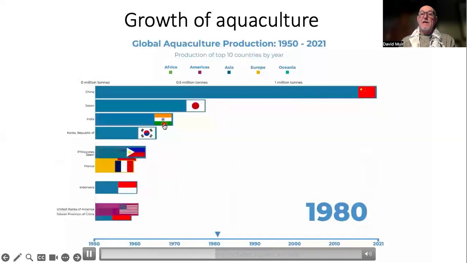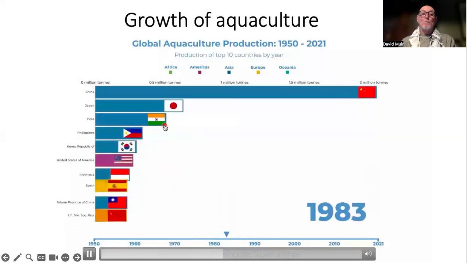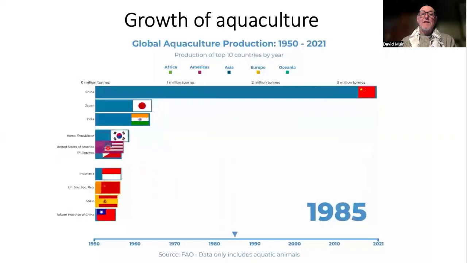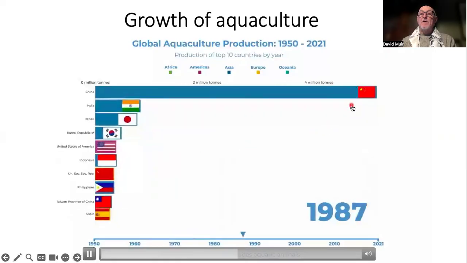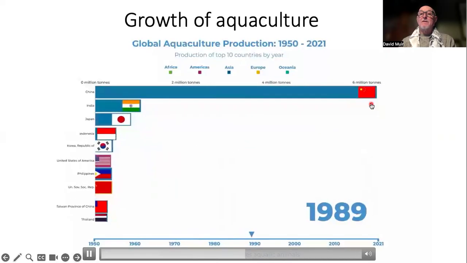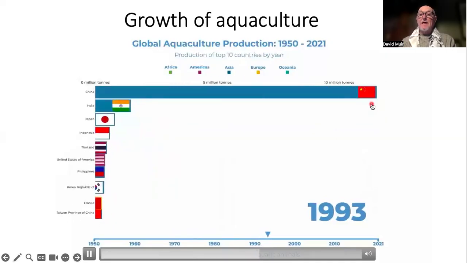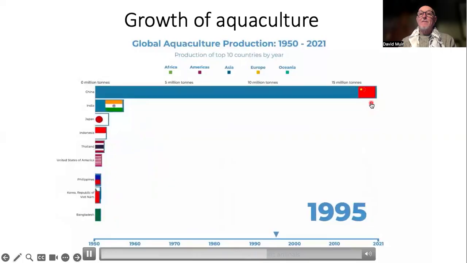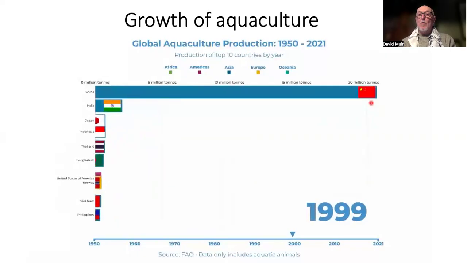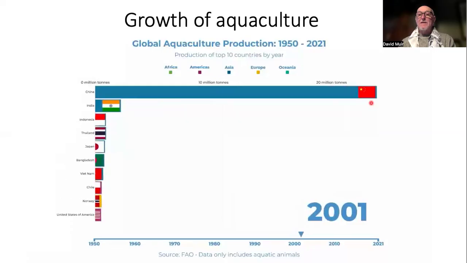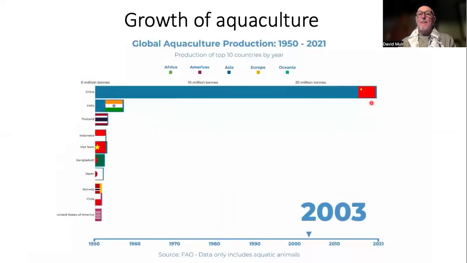India also an important producer. United States somewhat. Look at it, 4 million tons, 6 million tons, 8 million tons, 15 million tons, exceeding their wild catch, 20 million tons,